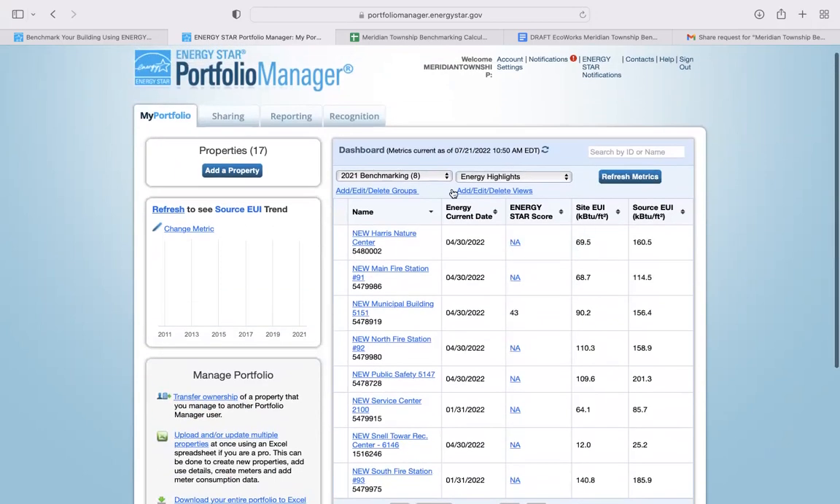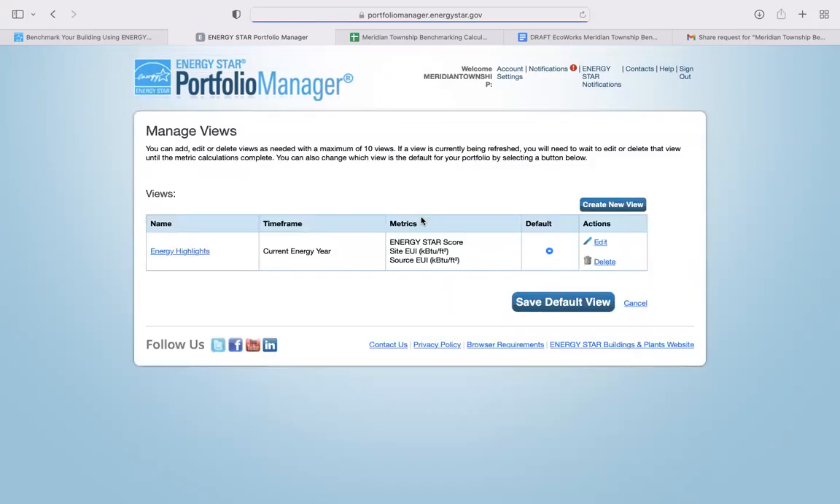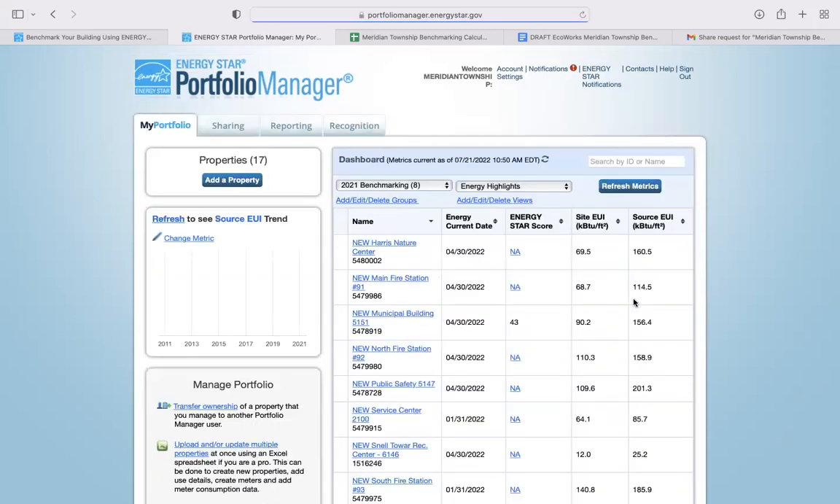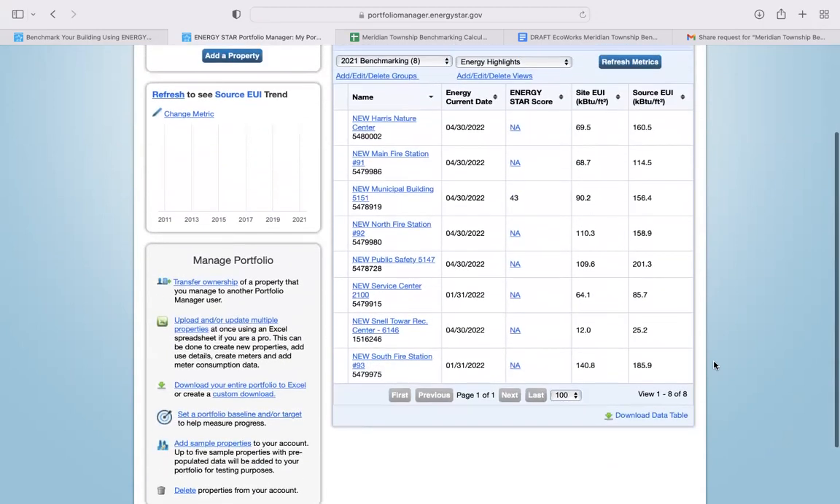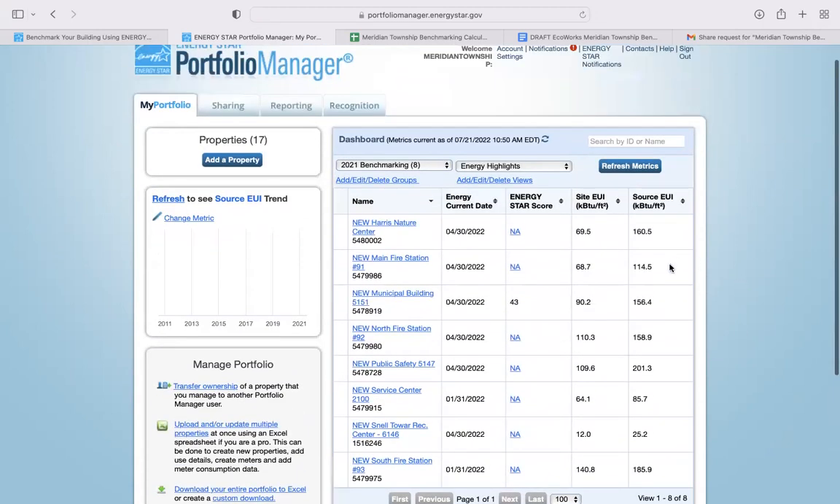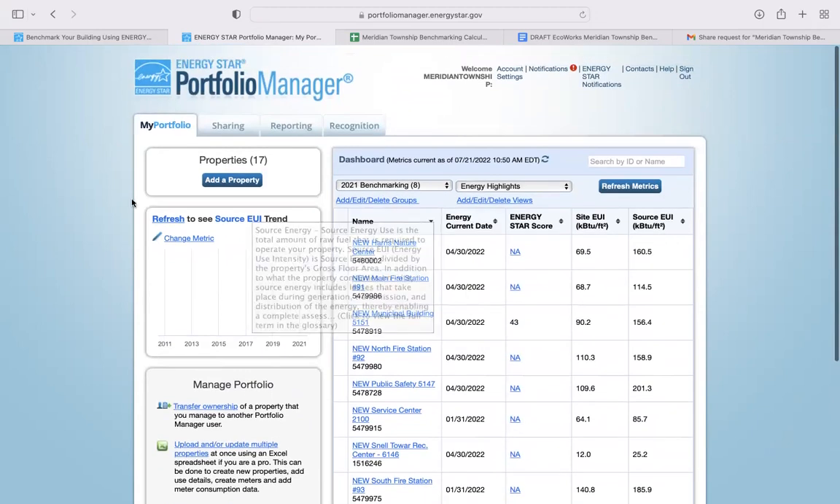Okay. You can add and edit what you would like to see here for your highlights. So this is nice because then if you just want a high level overview, you can even download this data table. You can have it here and you can see everything in real time. So